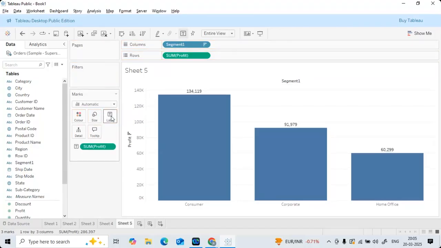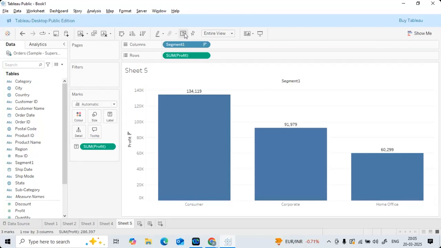Remember guys, in Python or SQL, if you want to do some data analysis, you need to write a piece of code. But if you want to perform some data analysis in Power BI or Tableau, it's all about drag, drop, drag, drop. No need to write even a single piece of code. It's all about dragging a column, dropping a column, selecting the column, selecting the checkbox options. It's all about that. Okay, very simple.